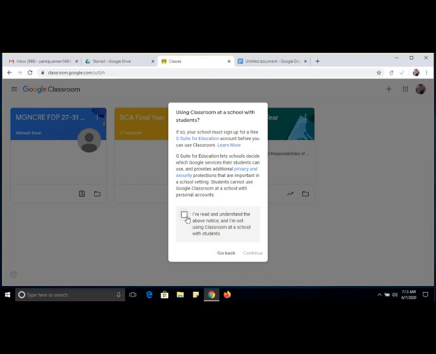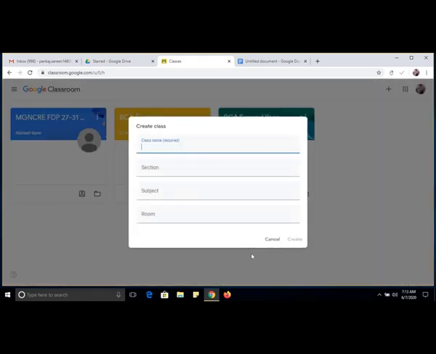When you click on the create class, you will see this window. In this case the class name is must field. Even you can have the section if in case your class have more than one section. You can have the subject and even you can allot the room number to that class. For example, in this video I am going to create class of BCA first year. So BCA first year, section is A and subject is let us say programming in C and the room number is 101. So this is how you can create a class: name, section, subject, room number, and then click on the create.